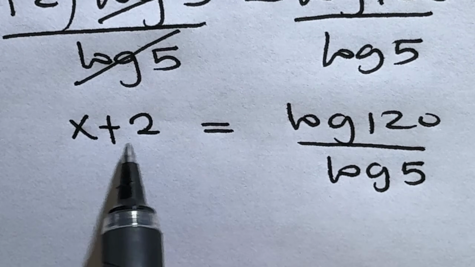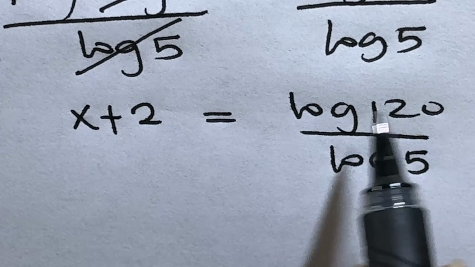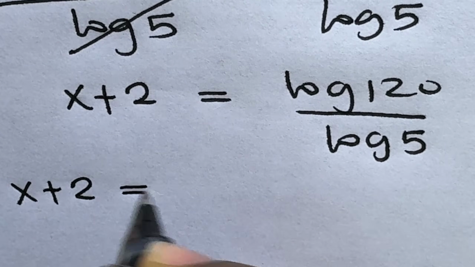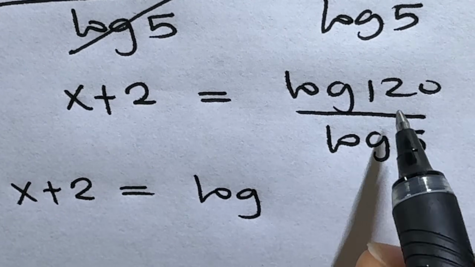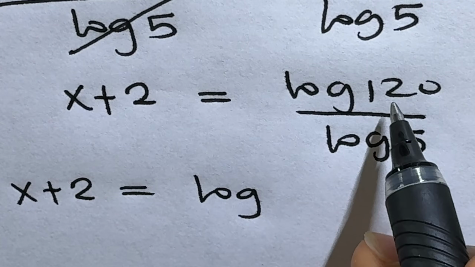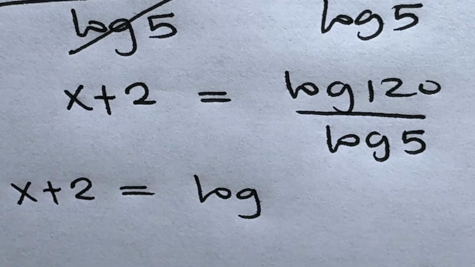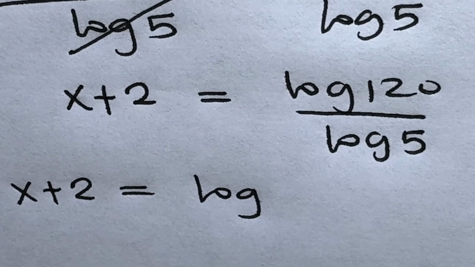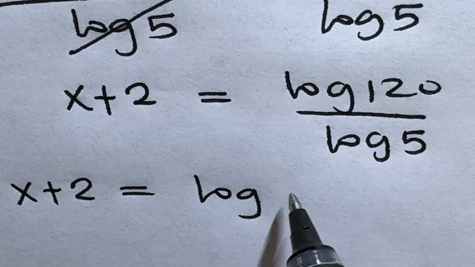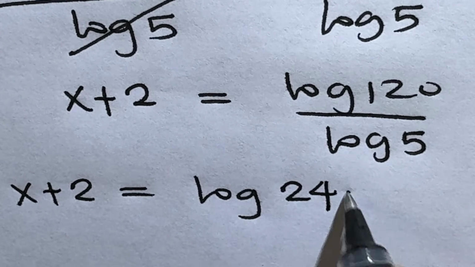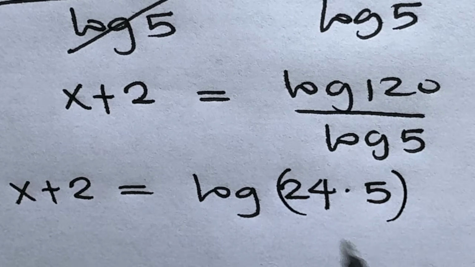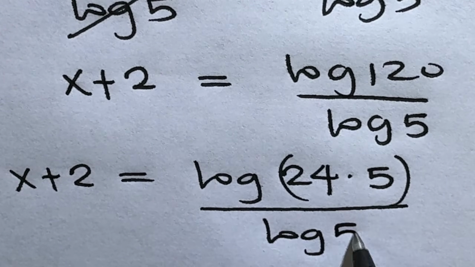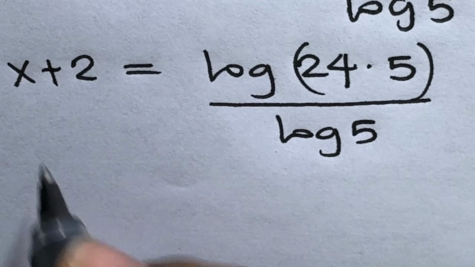Before we go ahead and subtract 2 from both sides, let us tidy up this expression. X plus 2 can also be written as log 120, here 120 can be written as 12 times 10, or as 24 times 5, then divided by log 5. This implies